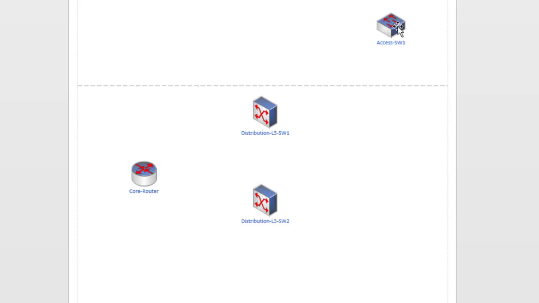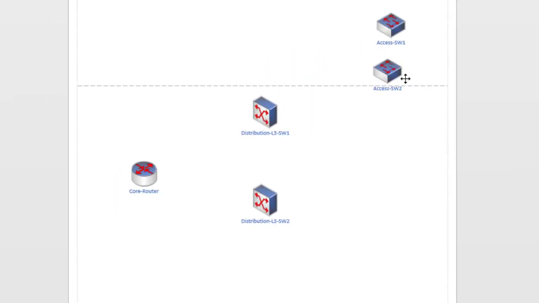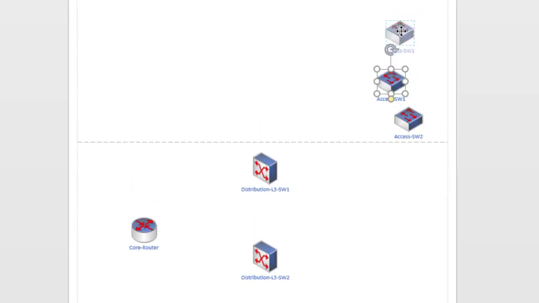Alright, so because we want to have 8 switches, I'll just copy it and paste. Now this one is access switch 2, put it somewhere there, just come up here like that. Okay, so access, copy, paste,